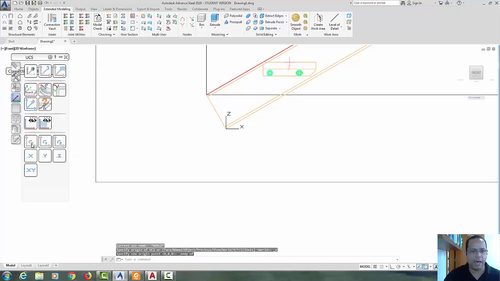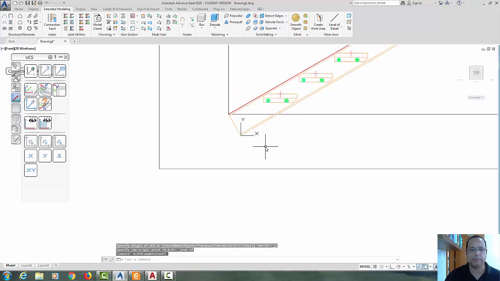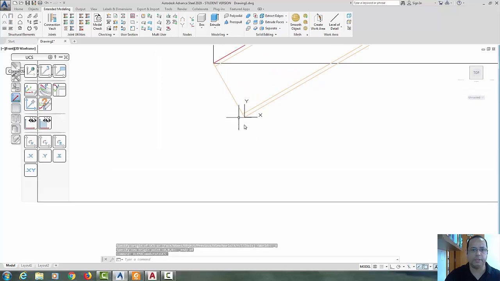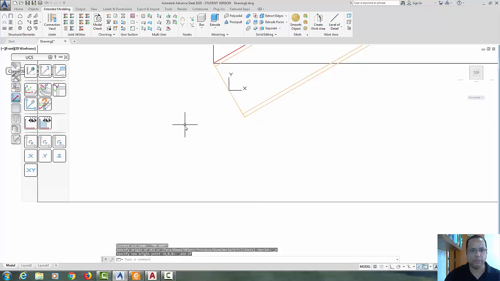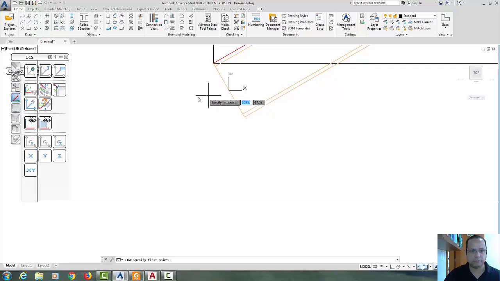Let's turn the X. Okay, and let's model here. You can, for example, put here our midpoint and take a line, specify the 0, 0,